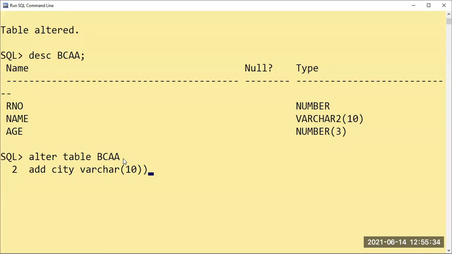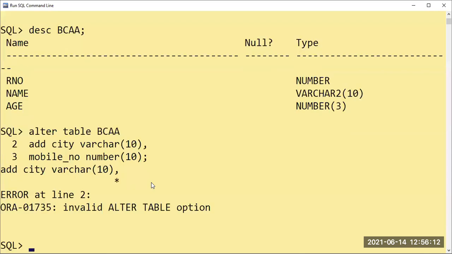Only one column we are going to add. If you want to add one more column, that availability is there, that also we can do. Only, you have to use a comma and enter mobile underscore number here. Okay, two columns we have added. When you are going to add two columns simultaneously in a single statement, that also you can do with the help of commas. Complete the sentence; no other word is required. Terminate your statement with a semicolon. Yes.